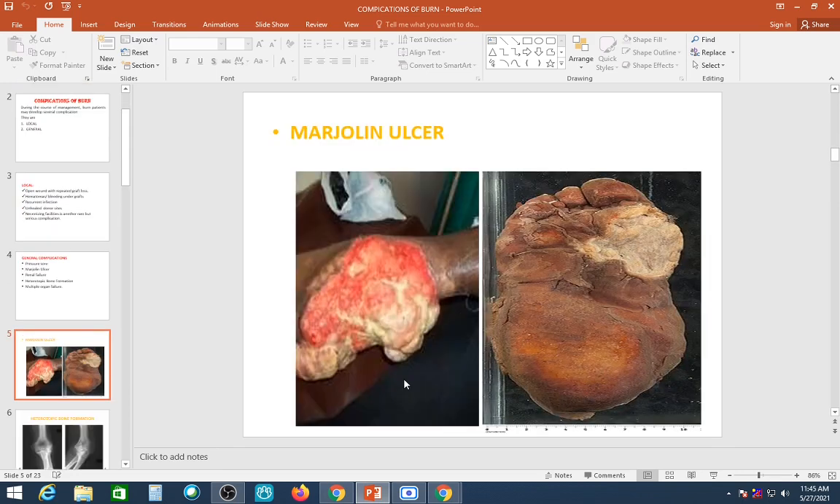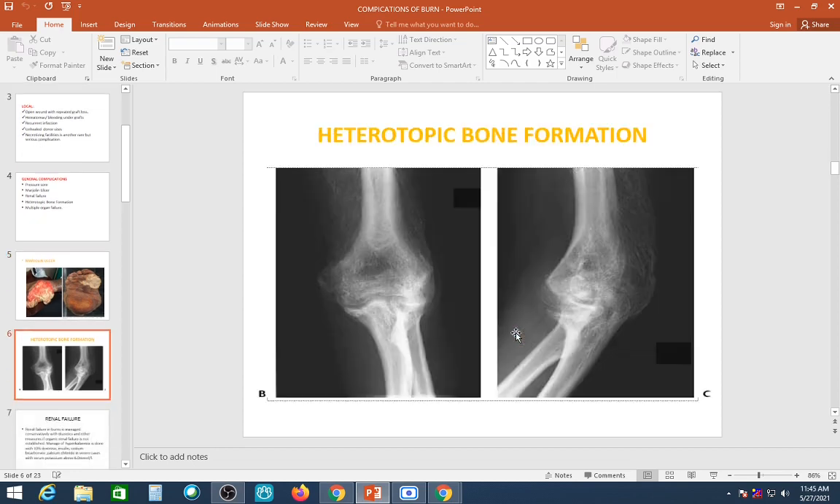Marjolin ulcer, see? Can you see from the slide? Yes or no? Yes, ma'am. This is the Marjolin ulcer. We take care of the patients, but because of the immune condition, or maybe because of the lack of adequate treatment, the persons become this way. Okay, the next slide is